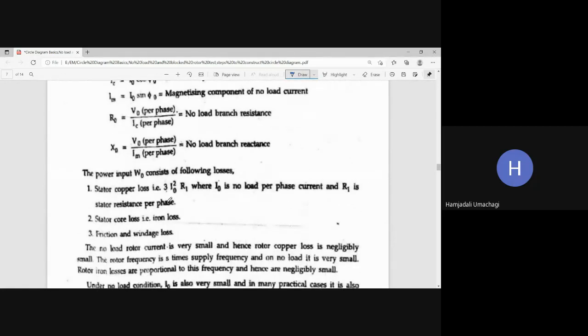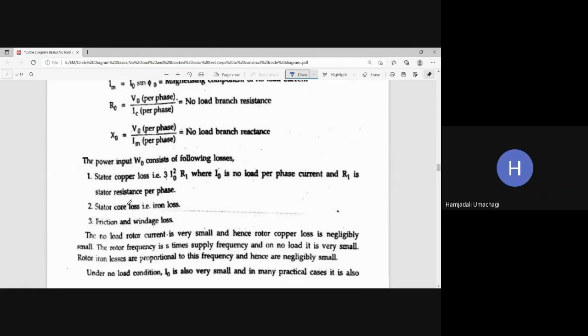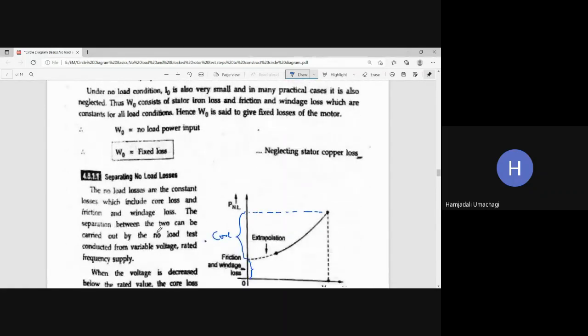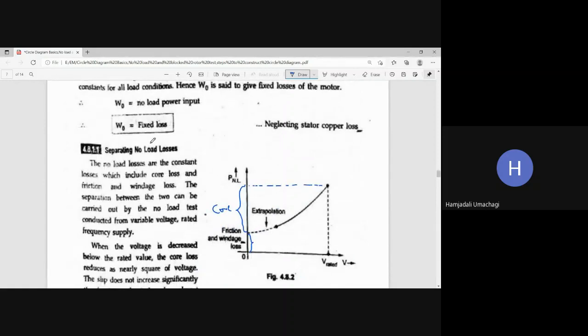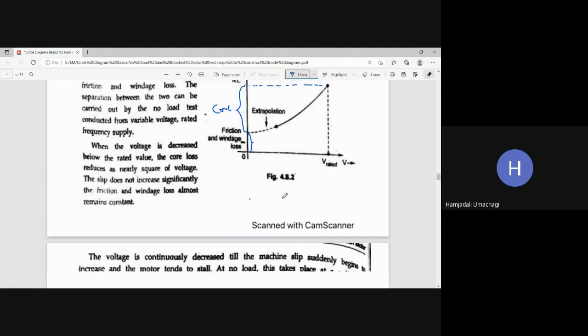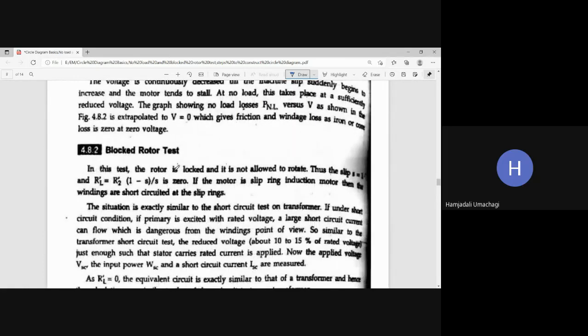Then W naught has the information of stator loss, core loss, iron loss, friction and windage loss, everything. That is, W naught is totally a fixed loss. Then explain how to separate the fixed loss, that is iron loss and friction windage losses, using this no load test. You should explain the procedure, then you should draw the graph, and after that you should explain